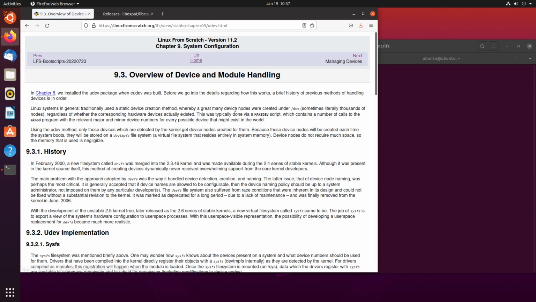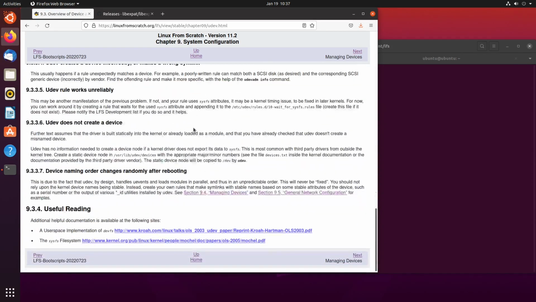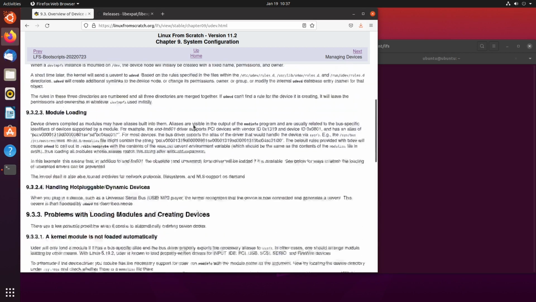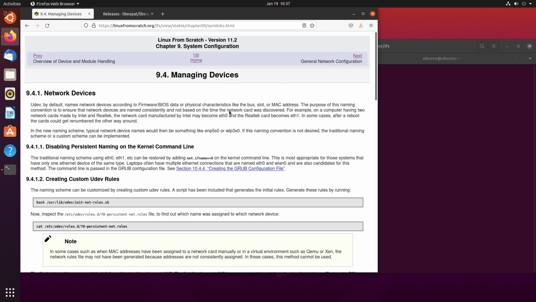We need to go over the process of handling devices and the such. This is just explaining how things are handled. Again, this is something you can read at your own leisure. But there are a few things we need to do, such as the networking. The first thing we need to do is create a custom UDEV rule. In this case, it's the